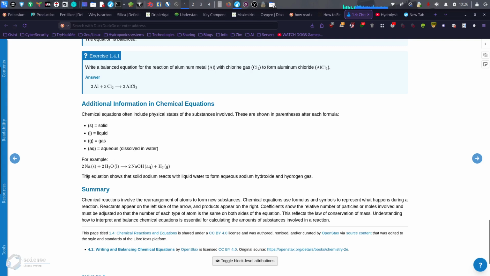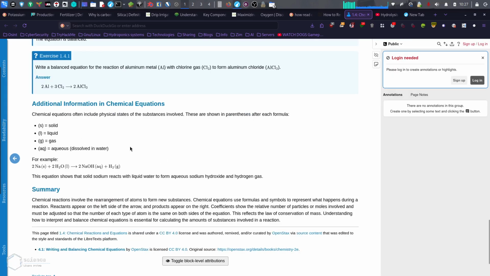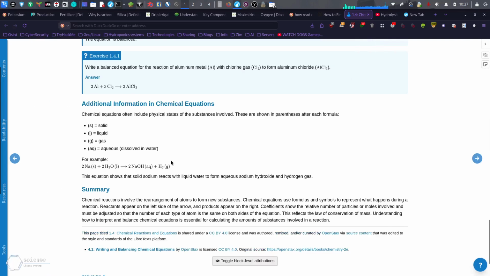For example, 2 sodium solid plus water produces 2 sodium hydroxide dissolved in water plus gas. Oh, this is really useful. This equation shows that solid sodium reacts with liquid water to form aqueous sodium hydroxide